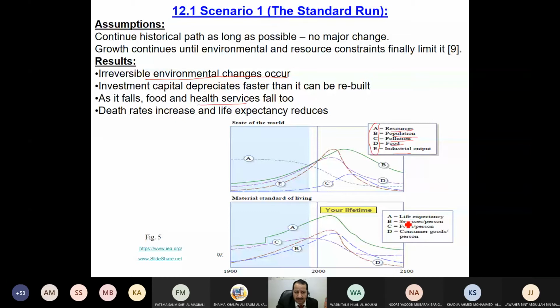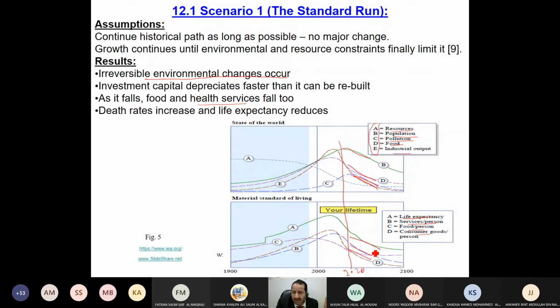And on the other side, lifestyle gives life expectancy, service per person, food consumption. We can see here in the middle, which is around 2020, that things will go down. You see all of them,